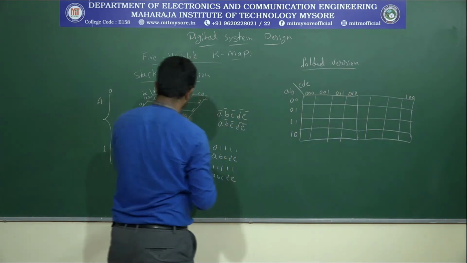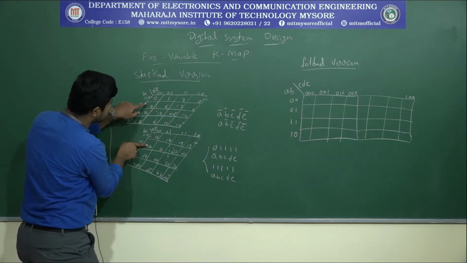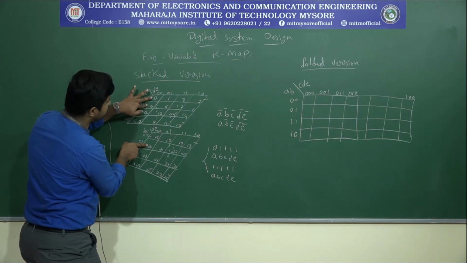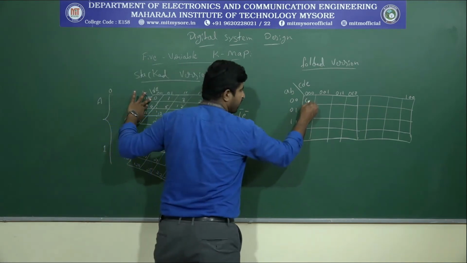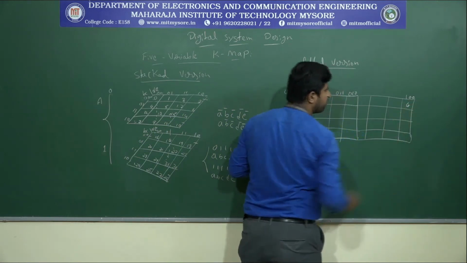Because see, 4 is adjacent to the 0, actually 16, so even the 4 is adjacent to the 0. Okay, 4 is adjacent to the 0, so that means this is a 0, right? 0 0 0, 0 0 0, 1 0 0. This is the cell 4.